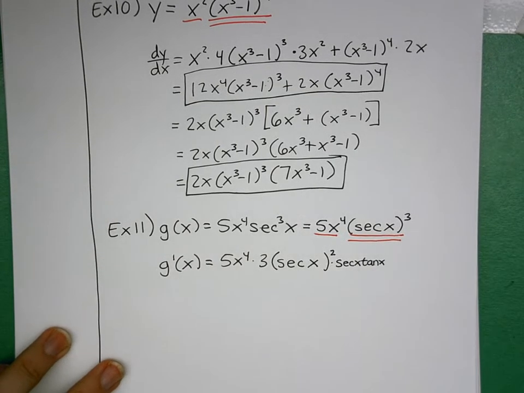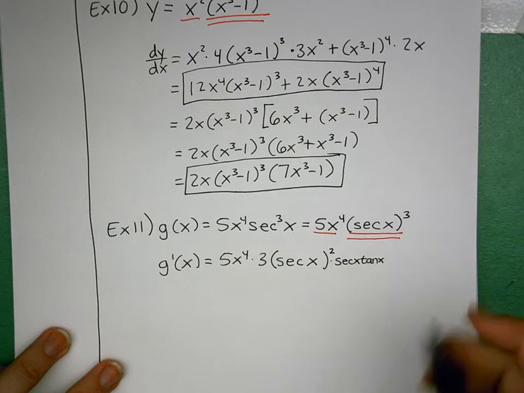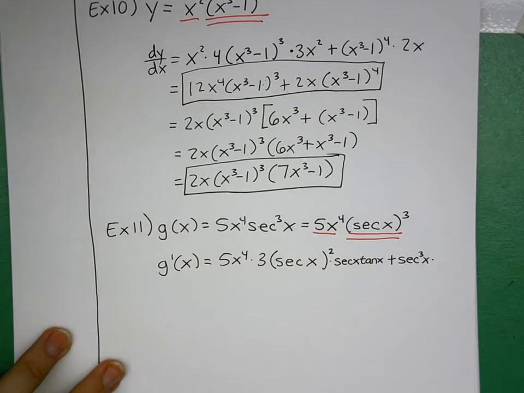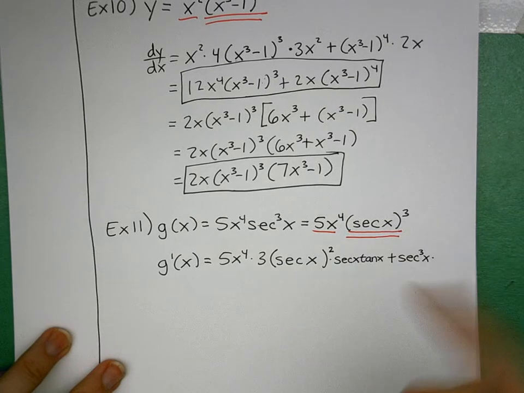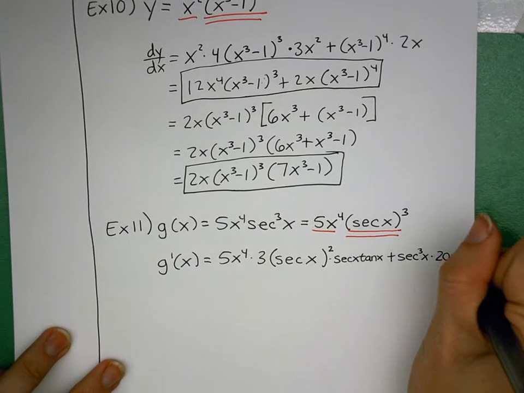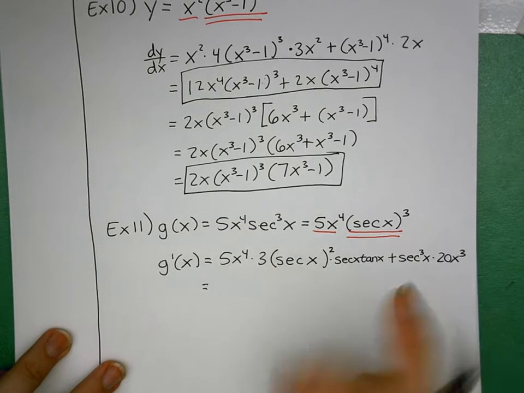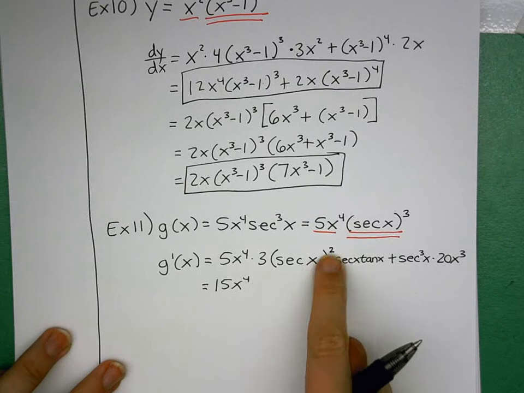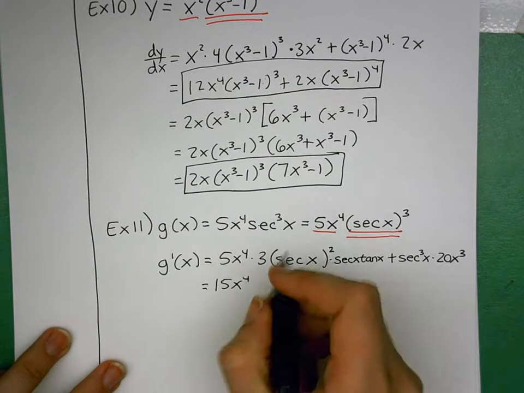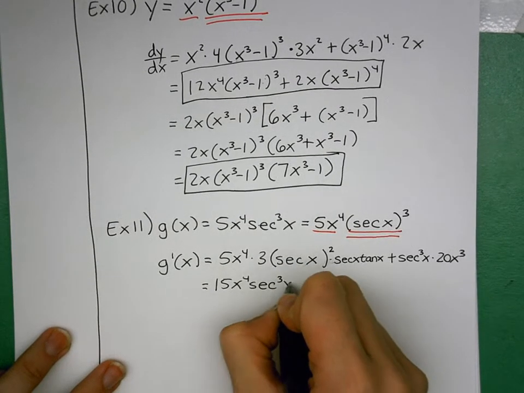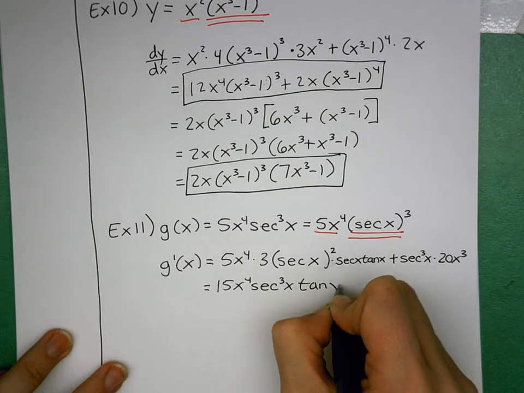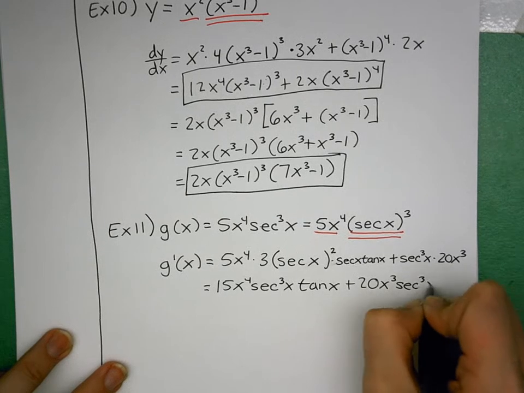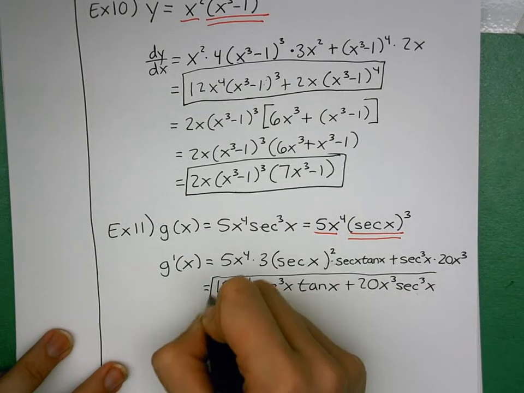Okay, 1 d2 plus 2, my secant cubed x, my 2 here, d1, derivative 5x to the 4th, is 20x cubed. So cleaning this up, 5 times 3 is 15, x to the 4th. We have 2x, or 2 secant x's and a third secant x, and that tangent x, and back here 20x cubed times my 3 secant x's. And maybe that's our answer,